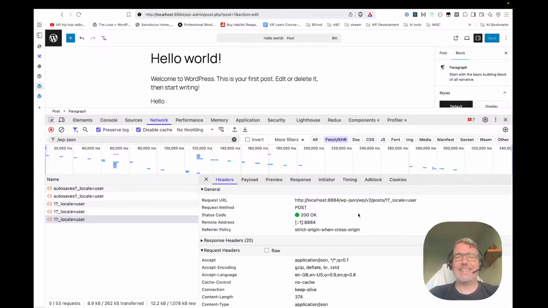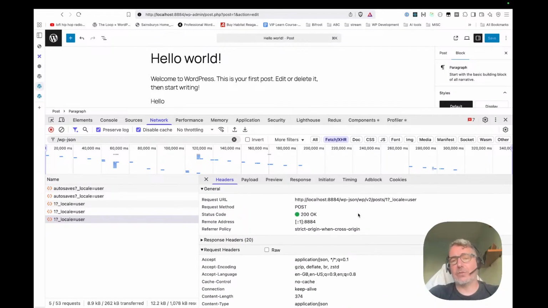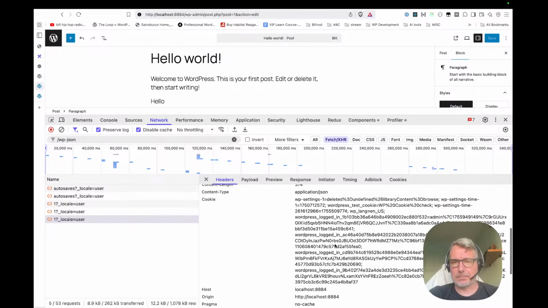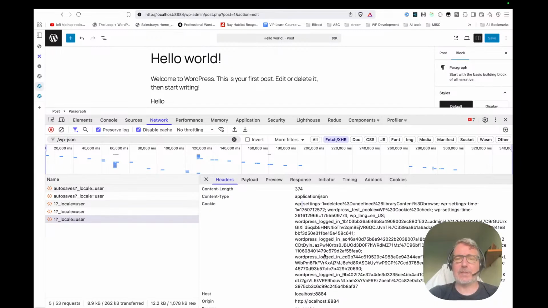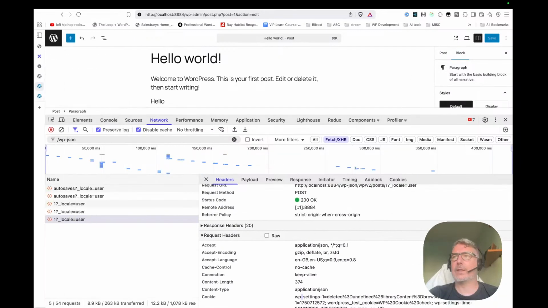So this request needs to be validated. I cannot publish or save a post if I don't have the proper permissions, if I'm not the author of the post, or if I don't have the capabilities to do that. So how does the REST API check that from the block editor? It does that because of this, because it's receiving this cookie, and the way